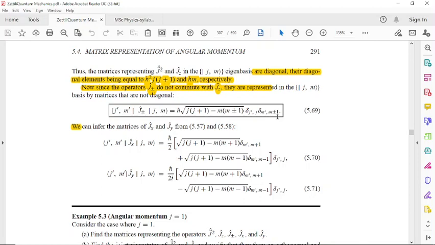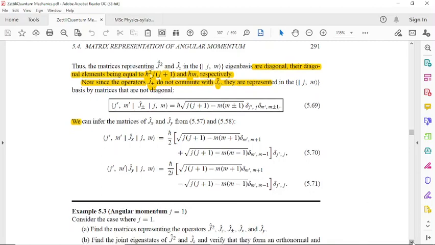And we can also find the matrices of the jx and jy as <j'm'|jx|jm> equal to h cross by 2 square root of j into j plus 1 minus m into m plus 1 delta m' m plus 1 plus j into j plus 1 minus m into m minus 1 delta m' m minus 1 delta j'j. <j'm'|jy|jm> equal to h cross by 2i square root of j into j plus 1 minus m into m plus 1 delta m' m plus 1 minus j into j plus 1 minus m into m minus 1 delta m' m minus 1 delta j'j. So these are the elements of the matrices,